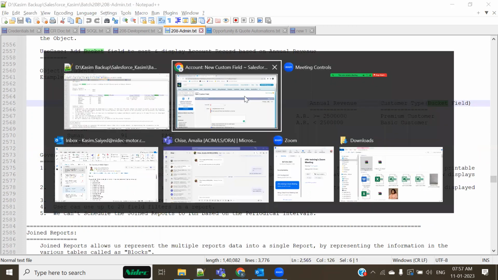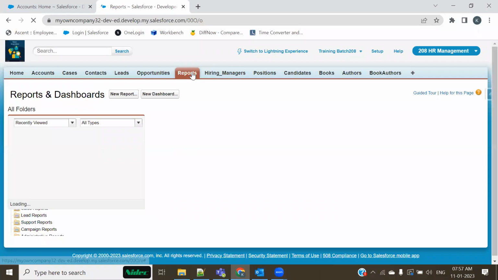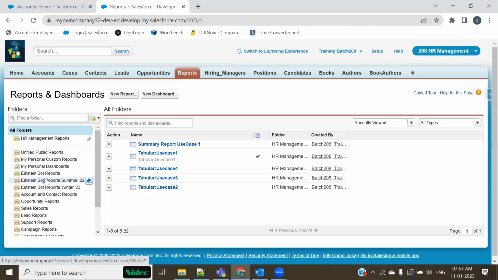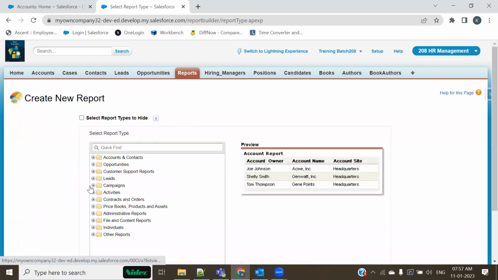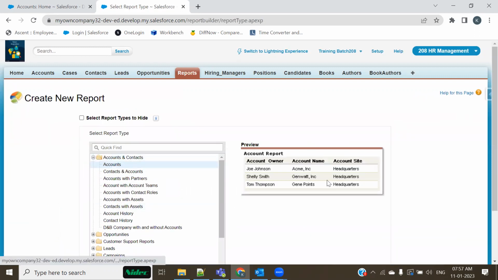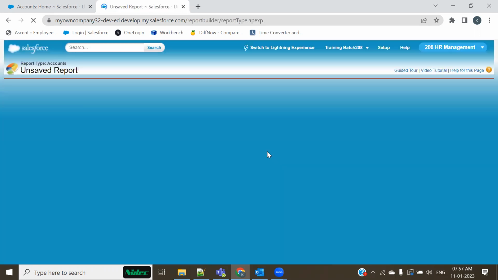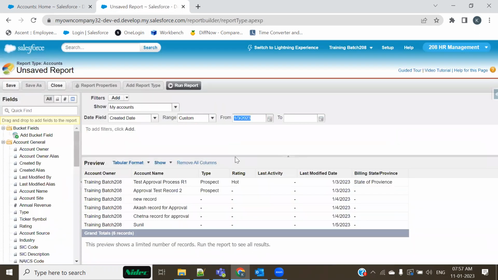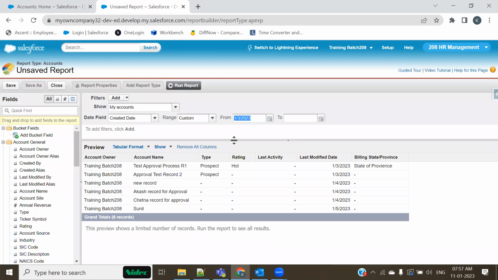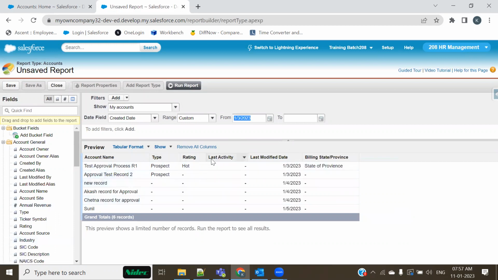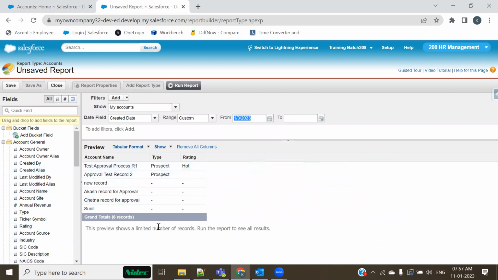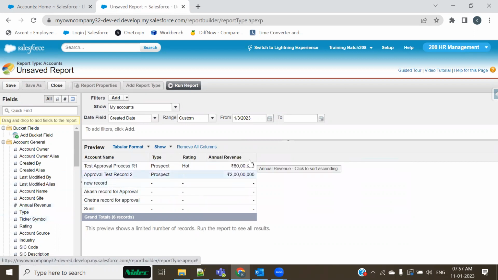So let me now show you that. How exactly? Sorry, guys. I'll go with the creation of a new report. I'll create this on account once again. So I select account and I create it. Let me first of all select which columns I wanted to display. I certainly don't want type, rating, last activity, modified. Type and process ratings को रहने देते हैं. Annual revenue तो बहुत जरूरी है, because based on that only हमें वो सारा कैलकुलेशन करना है, so we must have this. ठीक है, इतना ही रहने देते हैं.